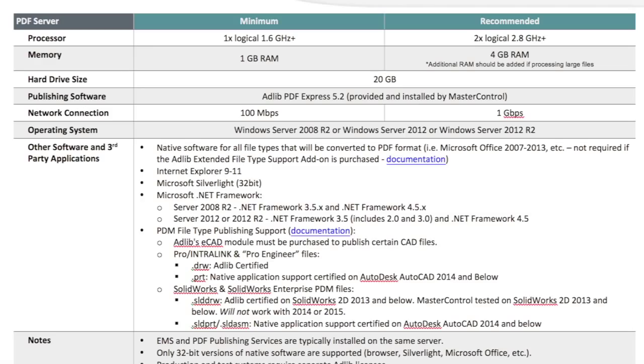Just the different versions of Silverlight and .NET. If you're going to publish any PDF files, there's some changes with the way that DWG files or SolidWorks or other drawing type files are handled. Does anybody publish any of those here today? No? Sometimes? So there's an add-on to AdLib called eCAD, which is an additional purchase if you decide to move